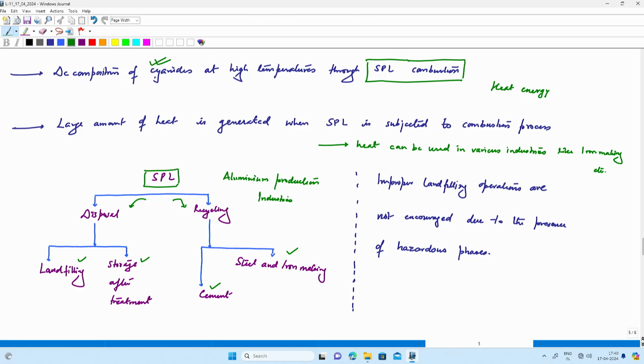We have been discussing this in the previous slides as well, that it is very important to note the phases that are present in the SPL, and given the difficult, complex nature of the raw material,